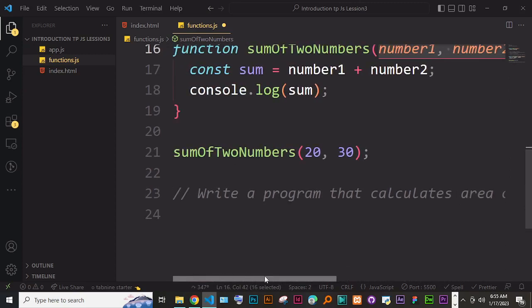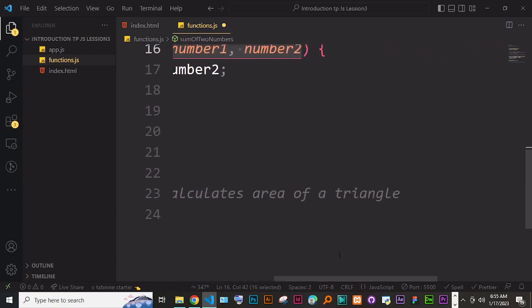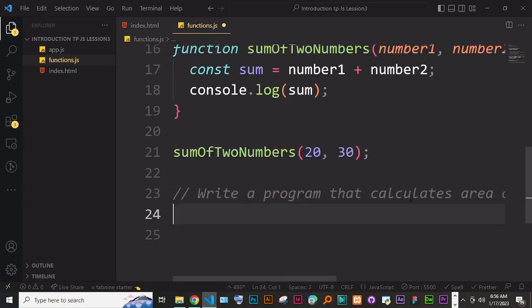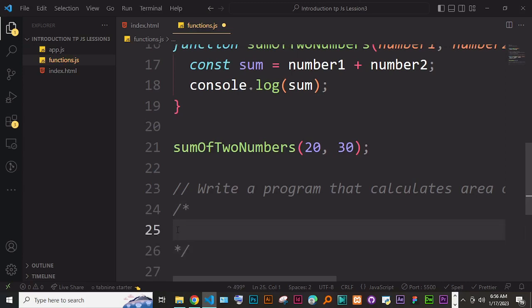So for instance, here they say write a program that calculates the area of a triangle. Of course, you first have to know the science behind it, for instance, how do we calculate the area of a triangle, before you even go ahead and do that. So for instance, the area of a triangle is equal to a half